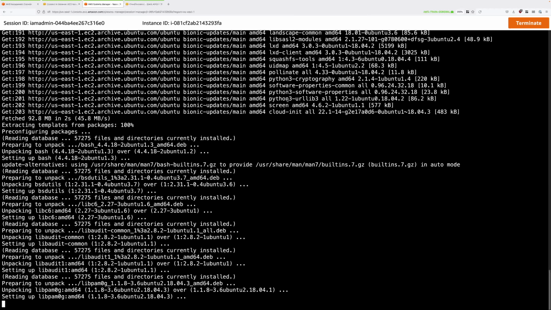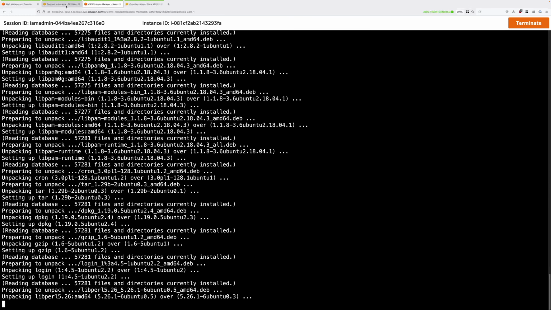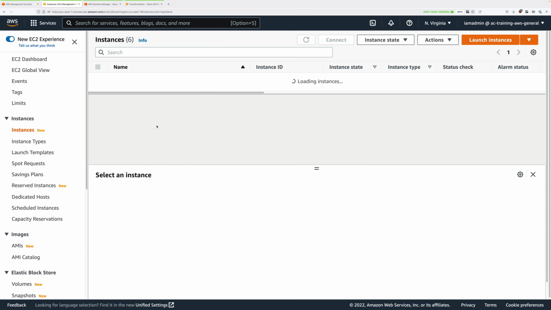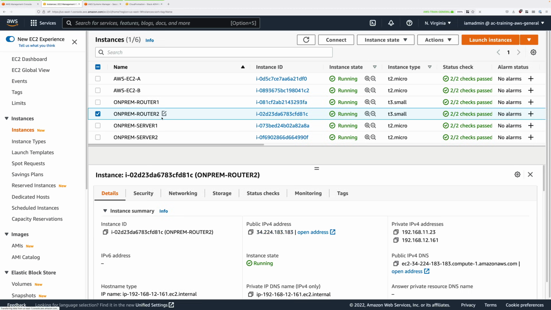Now we can be efficient at this point and do the same process on the on-premises router 2. So let's move back to the EC2 console, select on-prem-router 2 and do the same.